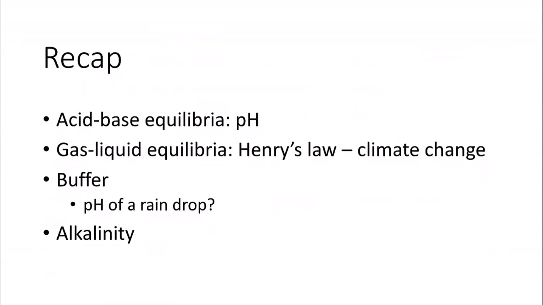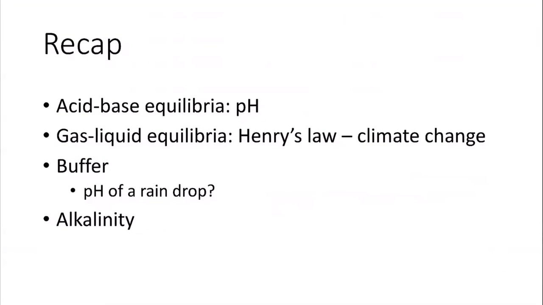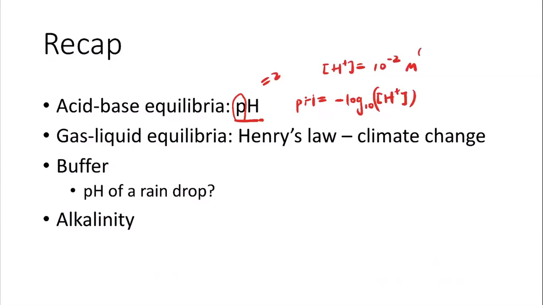So let's do a quick recap of our last class. Last class, we spent quite a lot of time talking about the acid-base equilibria, or more importantly, the pH, right? So the pH is basically, we're applying this parameter P as a calculator, right? So pH is just negative log 10 of the concentration of hydrogen ions, okay? So a pH equal to 2 means the hydrogen ion concentration is 10 to the negative 2 M, or mole per liter,